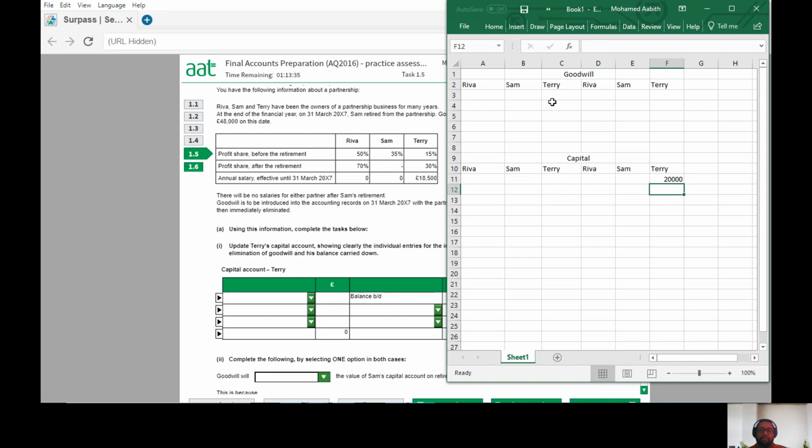So now what we're going to do, we're going to look into how the goodwill is introduced. Initially the partnership figures are 50, 35, and 15. We debit the goodwill account when we are creating the goodwill, and then credit the goodwill account when we are clearing the goodwill. That is the important part you have to look at. Okay, so if you look at that now, when we create the goodwill,